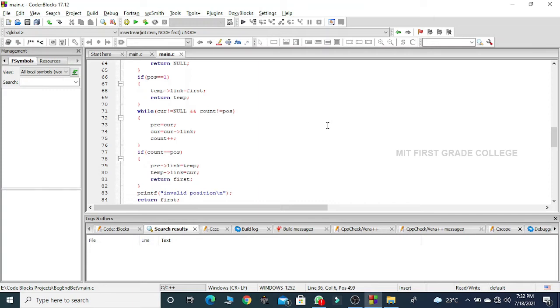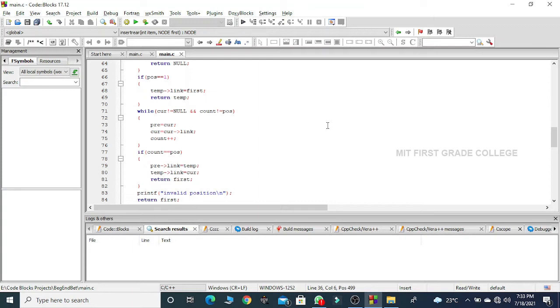Later on I check if my count is equal to the position that I am trying to insert. Here to previous's link part I assign the address of temp, which is holding the address of the newly created node, and to the link part of that temp I assign the address of current.